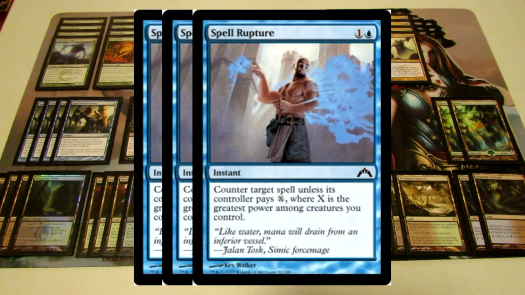And then we have Spell Rupture, being our counterspell at instant speed for 2. Counters target spell unless its controller pays X, where X is the greatest power among creatures that we control. So it's better up against mid-range than it is up against control, because when control gets to the late game, Spell Rupture isn't as amazing, but up against mid-range, Spell Rupture is just awesome,